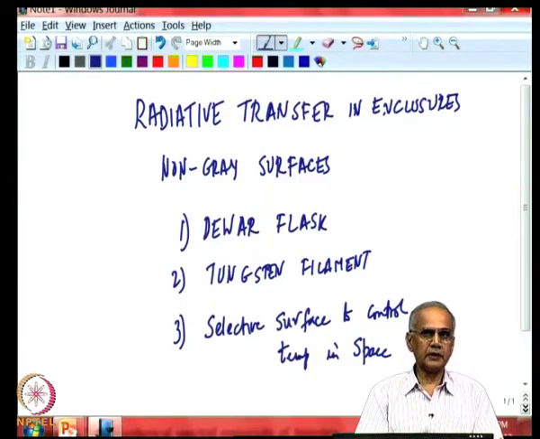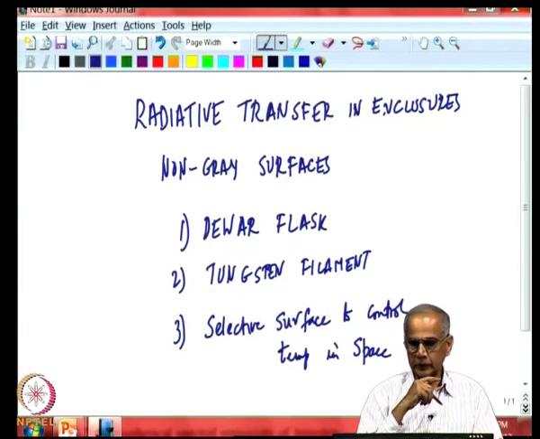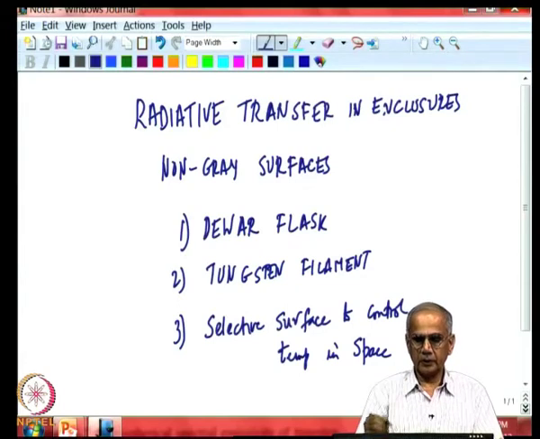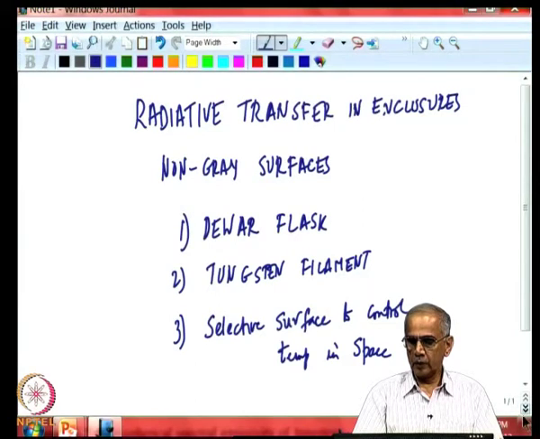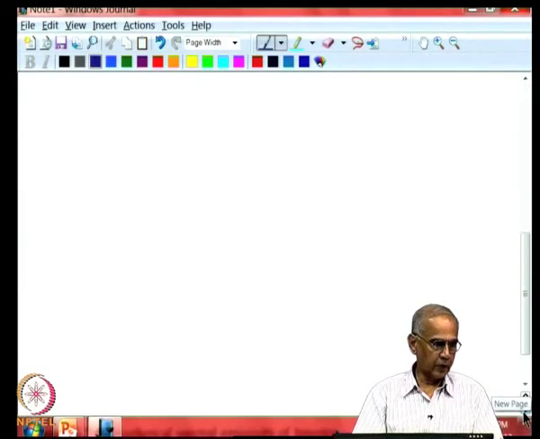All these are very simple examples, involving essentially only one surface, solar radiation impinging on a surface, or two surfaces like the Dewar flask. Now, let us go back and look at the Dewar flask example